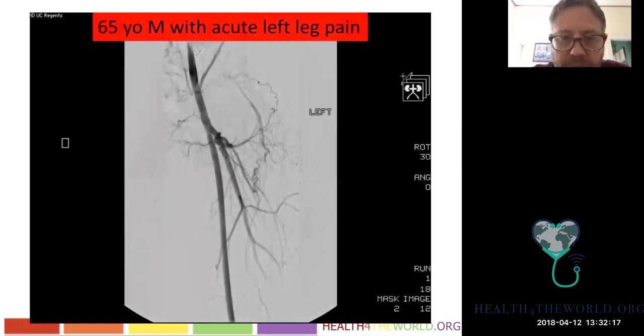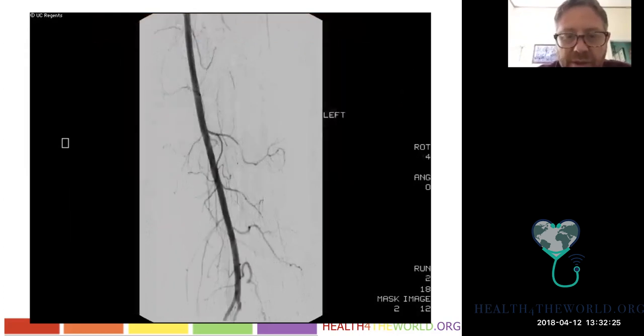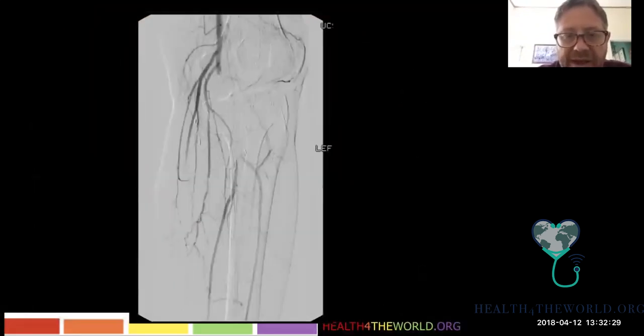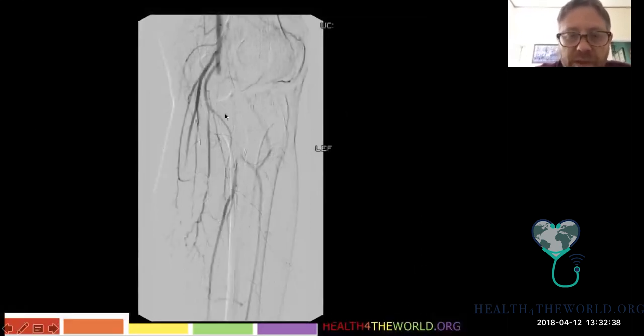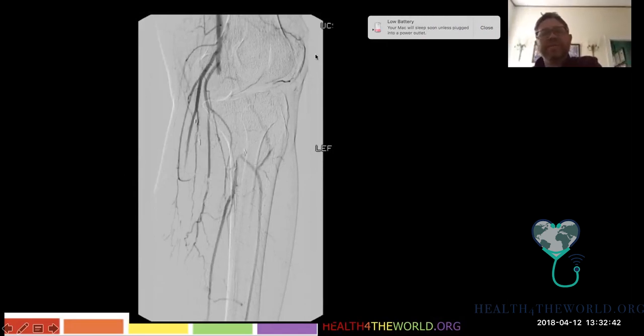So this is another patient with pain. And if we do these angiograms here, we look down and we see we're looking at the thigh. And in this case, we see the superficial femoral artery with some branches. And we see that we have the popliteal artery occluded just above the